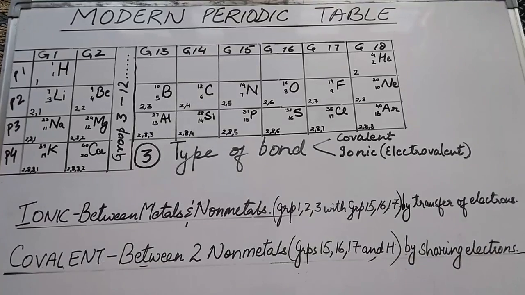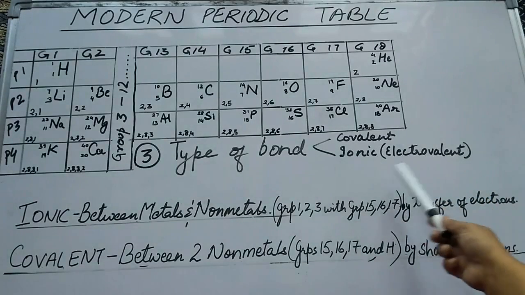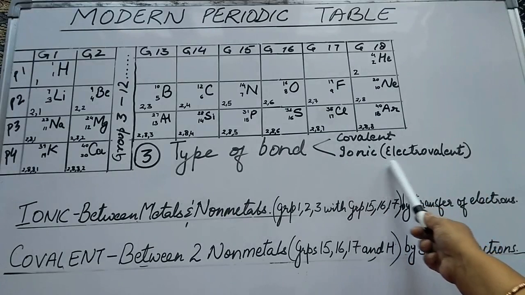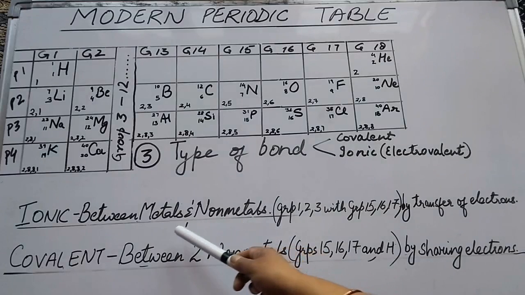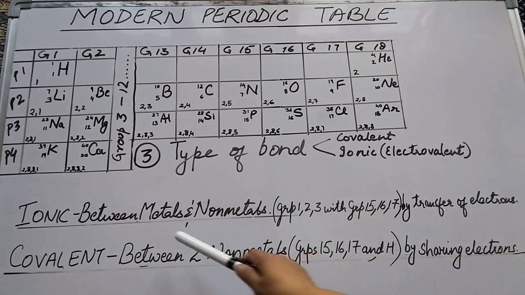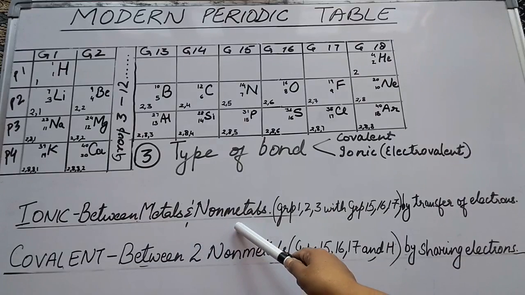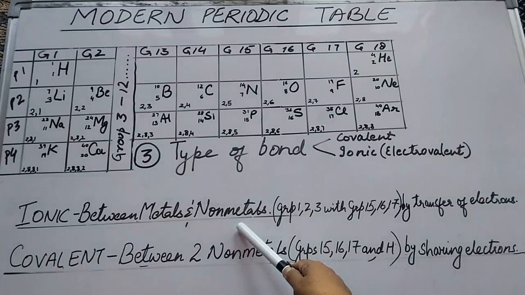This is the next thing that we are going to do, the type of bonds. There are two types of bond, covalent and ionic. Ionic we have already done before. So ionic bonds, they are formed between metals and non-metals. One is going to be a metal and the other one is going to be the non-metal. This is formed by the transfer of electrons. Okay, so metals are going to lose electrons like we said just now, and non-metals are going to gain electrons. So this loses electrons and is transferred to the non-metals.